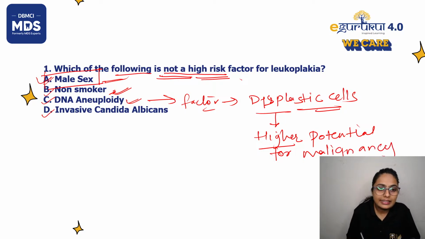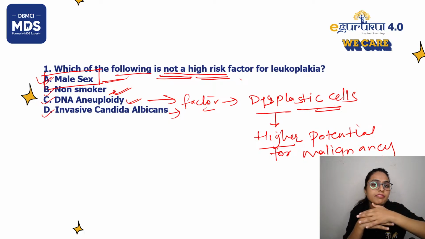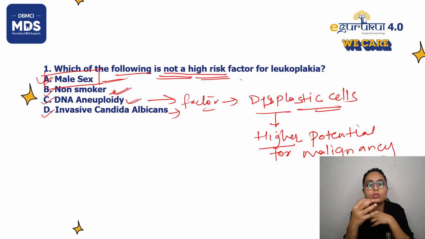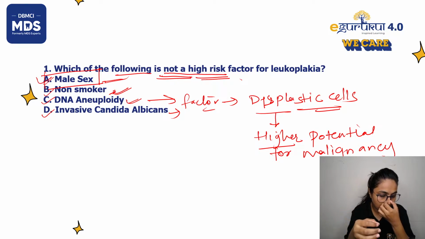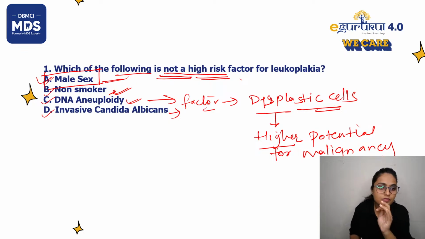All right. Then D is invasive Candida albicans. Sometimes these leukoplakic lesions are superadded with a candidal infection. Then this candida invades into the lower layers or basal layers of the skin, and that can increase the potential for malignancy. So options B, C, and D are high risk factors for leukoplakia. So our answer for this question is the first option A, which is male sex, is not a high risk factor